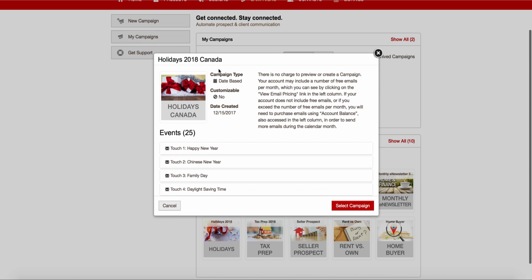The other type of campaign that you can build is a time-based campaign. And that's a situation where you would have an email that goes out, and then 4 days later you want another email to go out, and then 12 days later another email to go out. That would be an example of a time-based campaign. So in this campaign, the holidays campaign 2018 for Canada